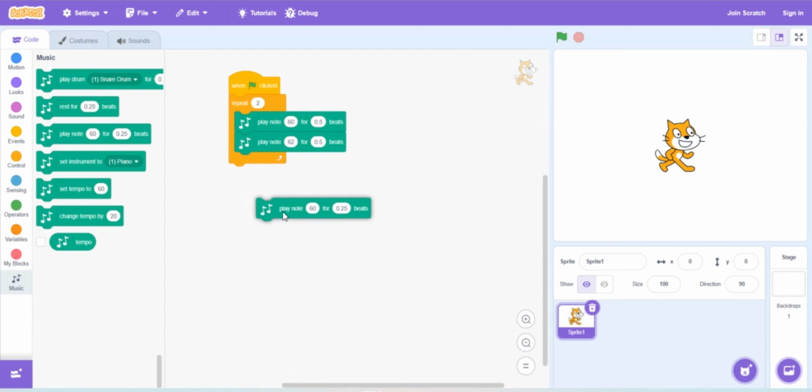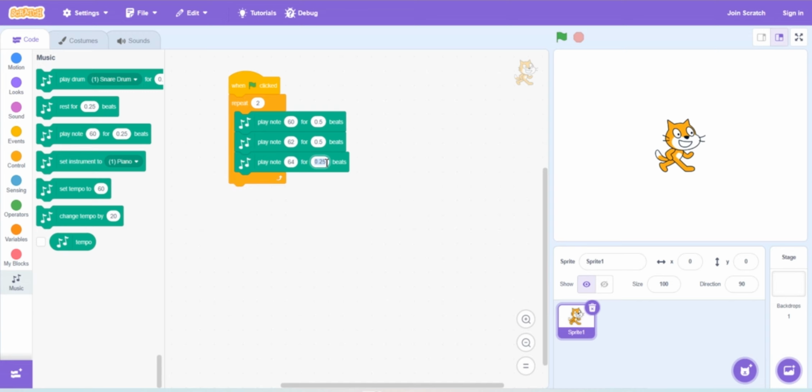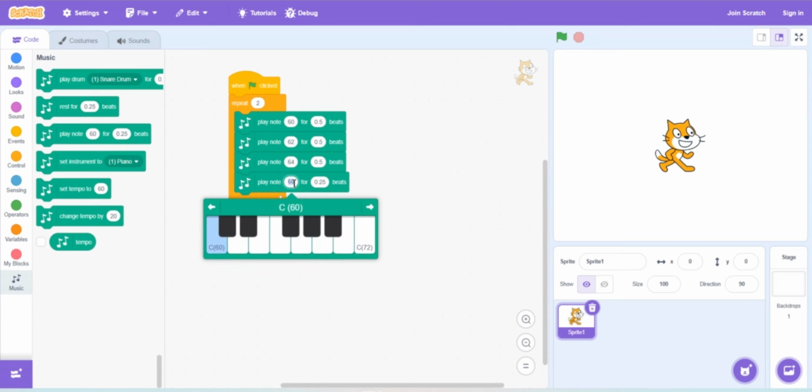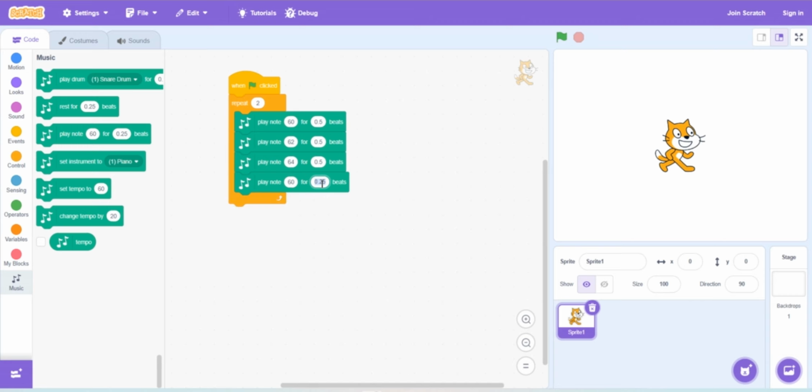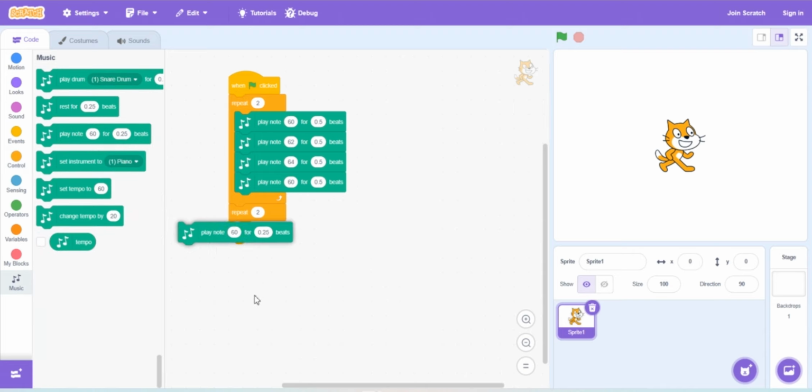We would go again, bring up another one. This time around it will be 64 for 0.5 beats. We'll pick another one again, and this time around it will be 60 for 0.5 beats. Next, we would go and get another repeat block. We change it to repeat twice, and we want to have a play note. We want the note to be